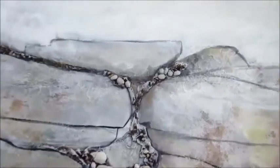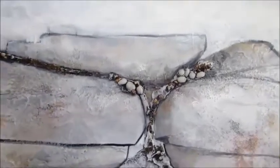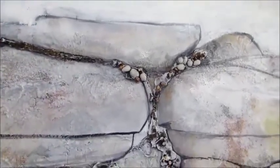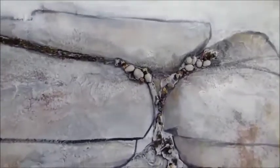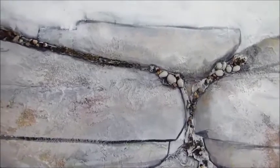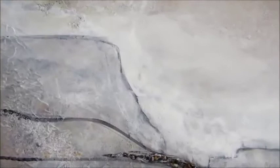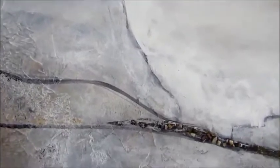Oh, and by the way, when I was lifting some paint, I went ahead and took that diluted Payne's Gray that was real runny, and I used it as a stain, and I wiped it over the white gesso. As you can see, this stone now has a grayish undertone,